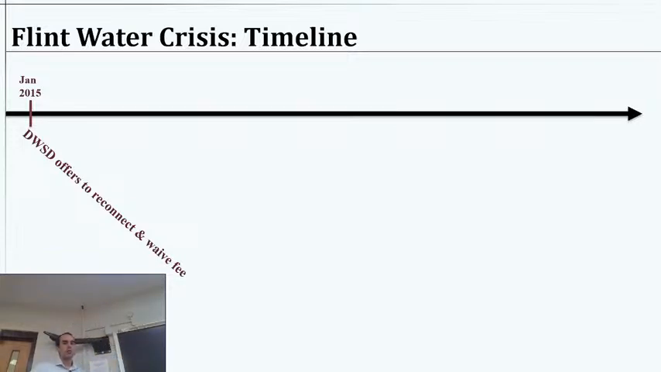So by January 2015, Detroit Water and Sewerage Department kind of sees what's going on, and they make a good offer, a very generous offer actually. They offer to reconnect to the Flint system and waive the fee. Now that might just sound like, oh, how nice, all right, you don't have to pay the $100 to file the paperwork or whatever. No, this is a fee, a multi-million-dollar fee probably, or at least hundreds of thousands of dollars,